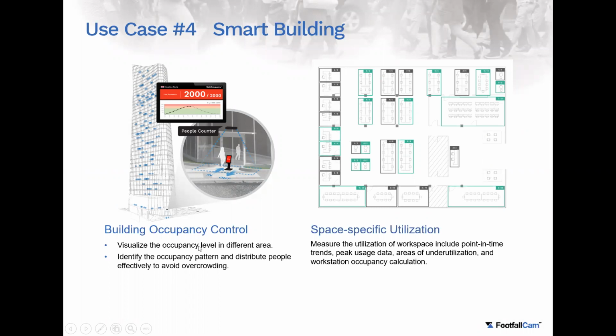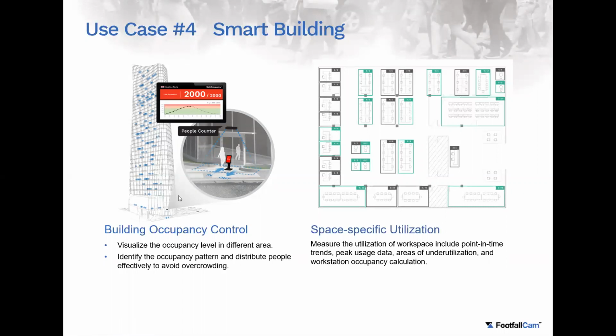They want to know which area people are in. And also you have the kitchen area, the cafe area, the socialization area and all those things. So they want to identify occupancy patterns, so they can distribute people effectively to avoid overcrowding. For example, the